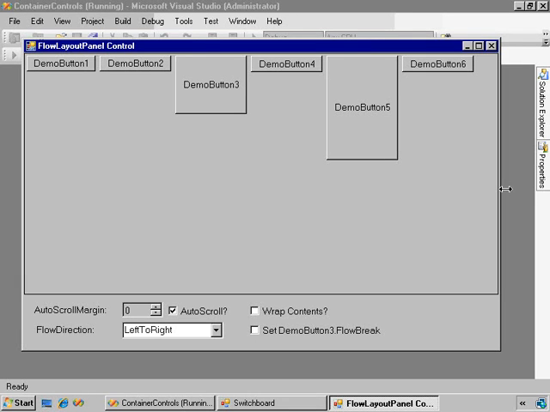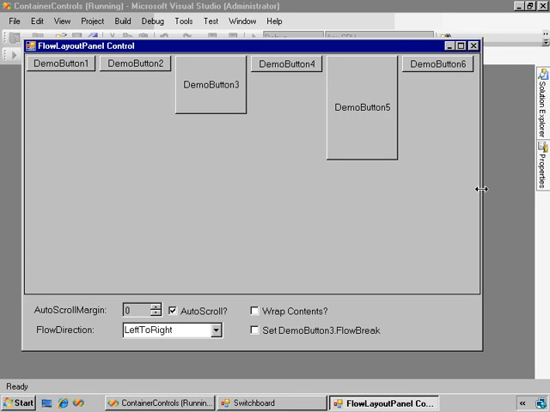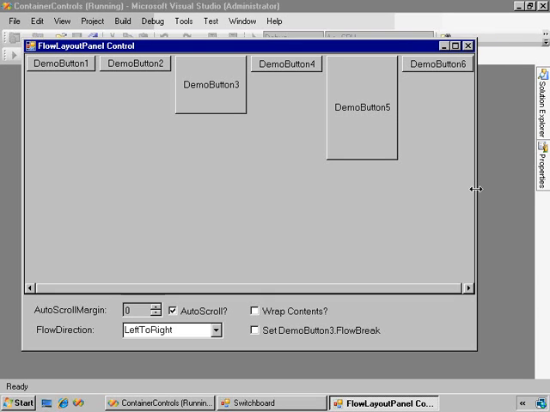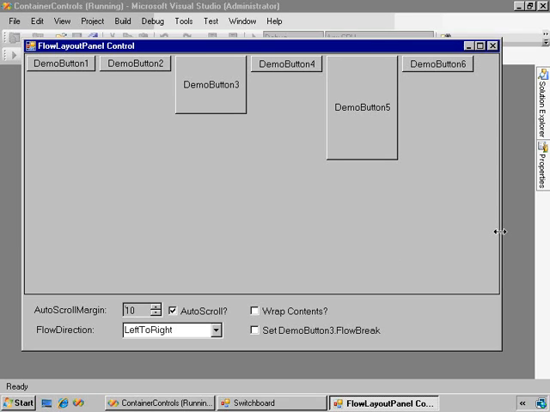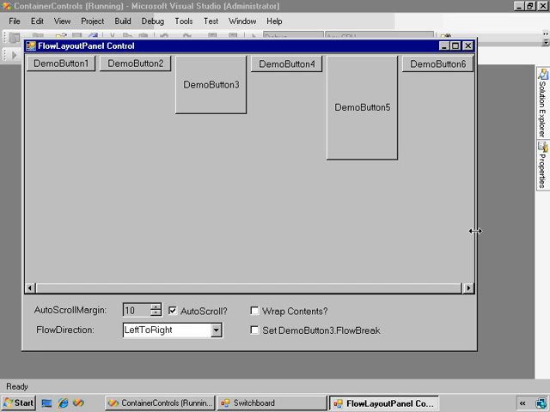So right now there's no scroll bar, but as soon as we get to a point where we overwrite demo button 6, scroll bars will appear. There, we just got there now. If we make this auto scroll margin larger, then we'll get the scroll bars sooner. No scroll bar here, or there, or there. Well, certainly 10 didn't make much difference there, but it does control how far out it will add the scroll